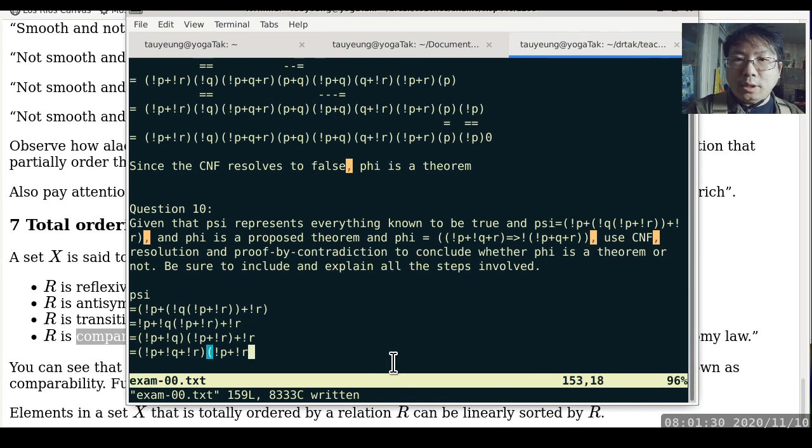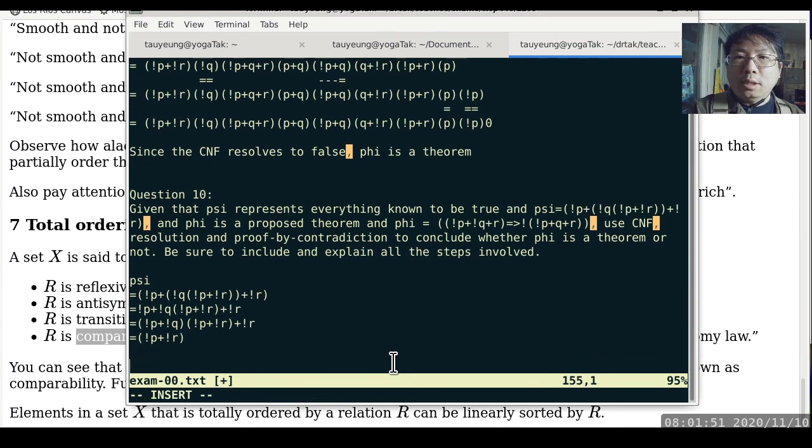And we can also see that this one is more specific because it doesn't have the not Q in it. So the one that is less specific is not needed, so we can get rid of this. So the whole thing just simplifies to not P or not R. Now we look at not phi,